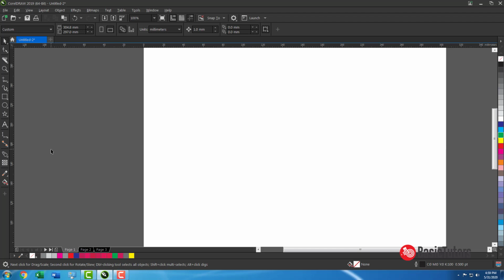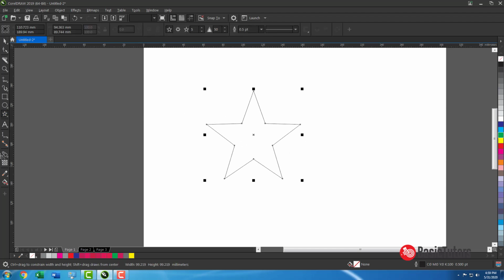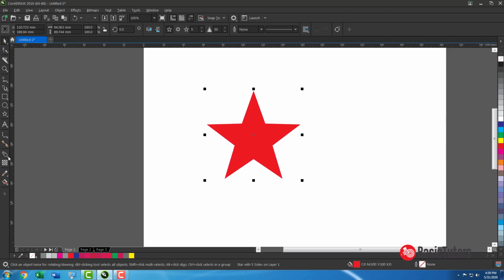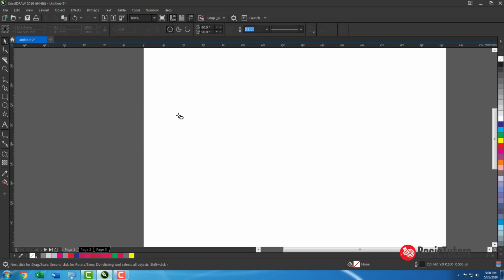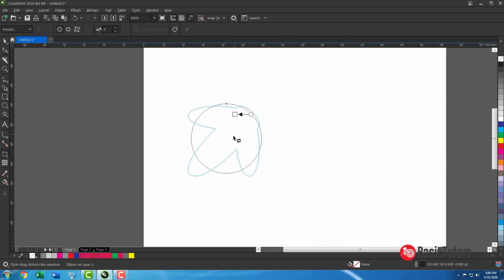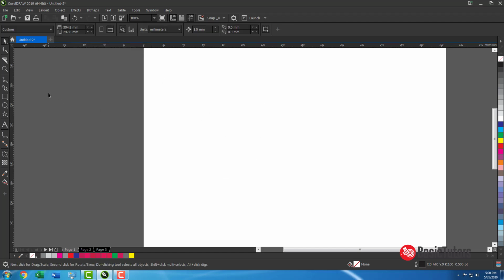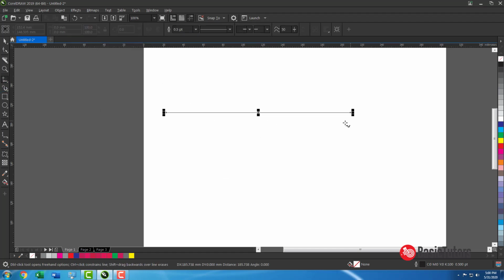Next we move to the distort tool. Okay, fine. Distort, the name itself says it may distort our object. There are push and pull distort, and zipper, and twister. For push and pull, you can see, all those things will be there. And zipper, you can do zipper with this line and you can know the difference.